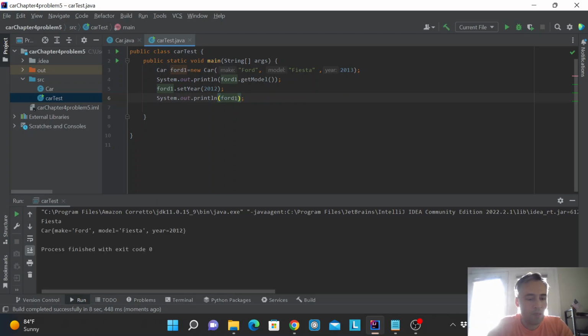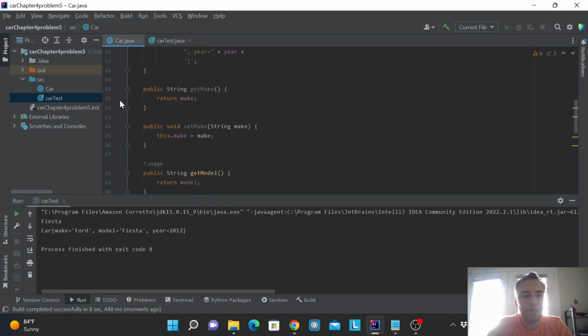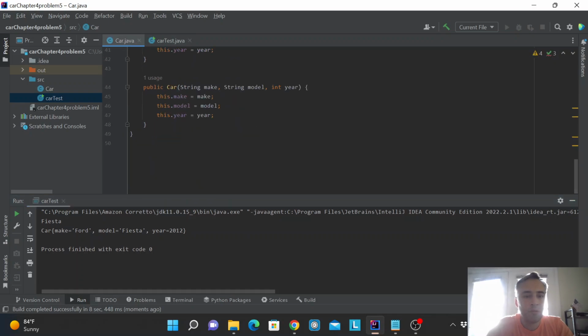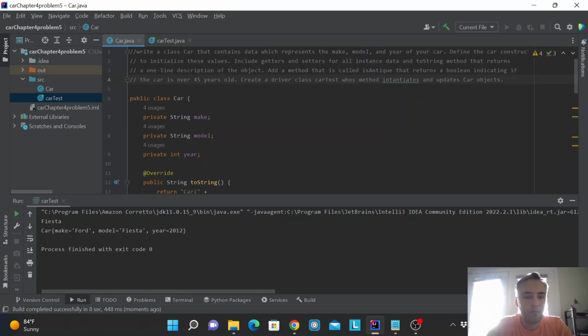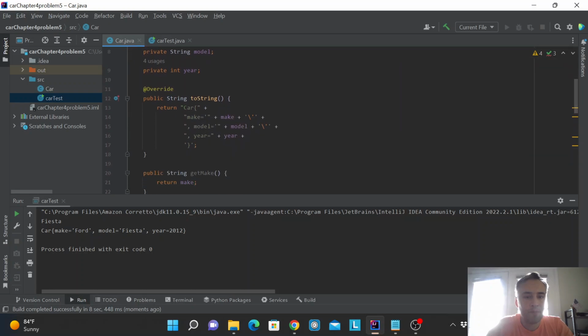Okay, so notice what we did. Car, make is Ford, model is Fiesta, year is 2012, updated. So you may or may not like this default output of toString. Where is toString? Here. And we might want to change it to something like this. The car is,